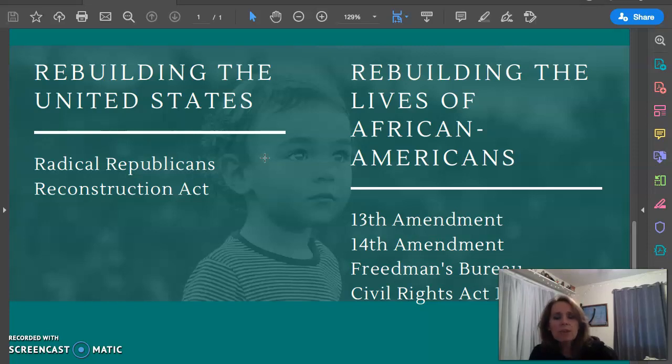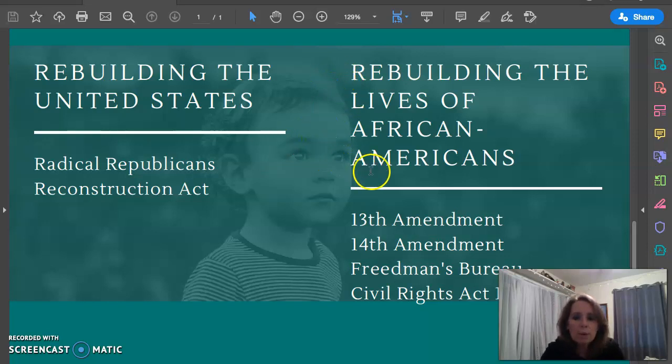And those southern states had to do certain things to get back into the Union. They had to write a brand new constitution to get rid of all those old slave laws called slave codes. They had to approve the 14th and 13th Amendments. And so once they did those things, they could essentially prove to the Congress that they were ready to come back into the Union. Unfortunately, getting those things done proved to be more difficult than I think the radicals anticipated.